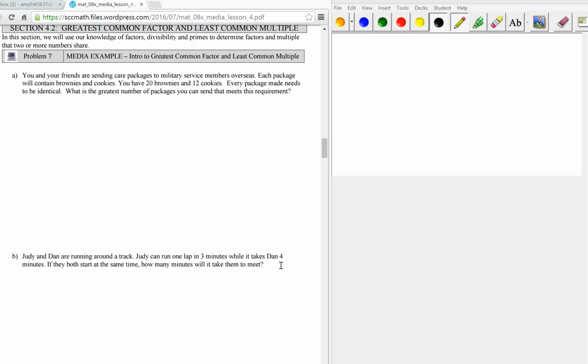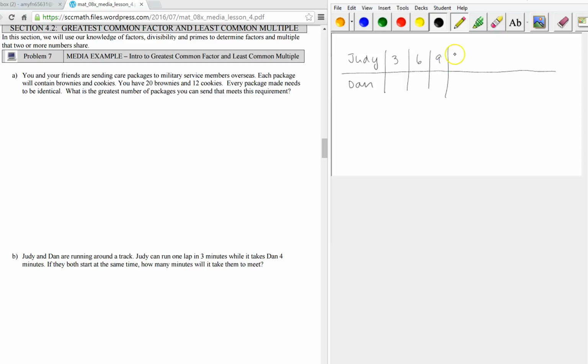So you can look at Judy's time and Dan's time. So Judy is going to finish a lap at 3 minutes, 6 minutes, 9 minutes, 12 minutes. You could also do this on number lines, 3, 6, 9, 12. Okay. Dan finishes a lap every 4 minutes. So 4, 8, 12,